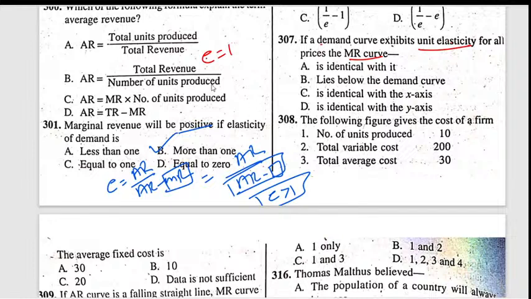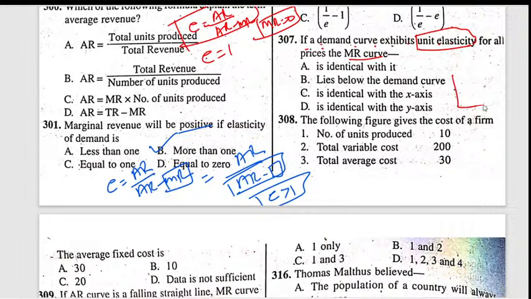So here the thing is this, if we go to the formula, E is equal to AR upon AR minus MR, so the value of this will be 1 when the value of MR will be 0. So it is saying that if a demand curve exhibits unit elasticity, means when it is a rectangular hyperbola, for all the prices, the MR curve, it is saying that the MR curve